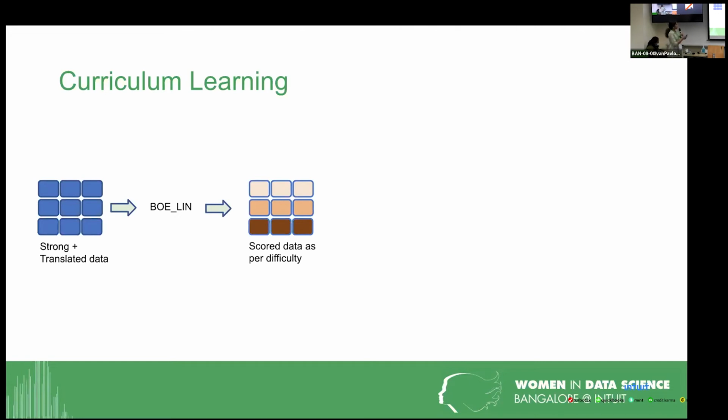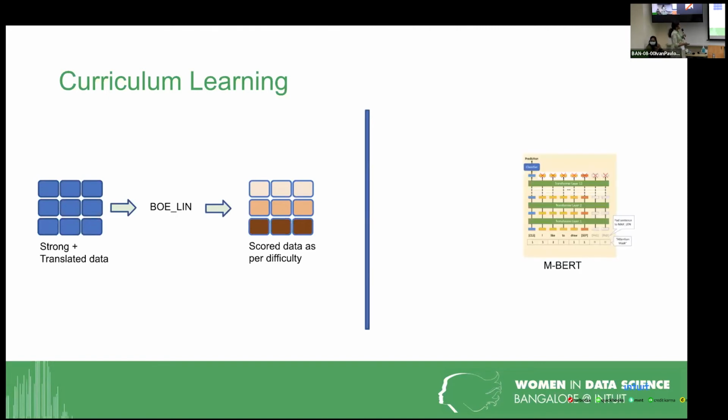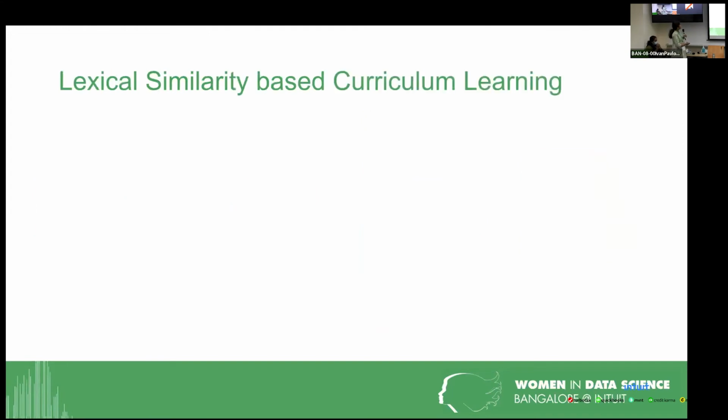So we can use this simple proxy model to score and sort this data. Then we can take mBERT and pass this data in the order of difficulty, first the easy ones and then the more complex ones. It's called curriculum learning because it's how we learn concepts: we go from easy concepts to the tough concepts. This again has been shown to give us improvement.